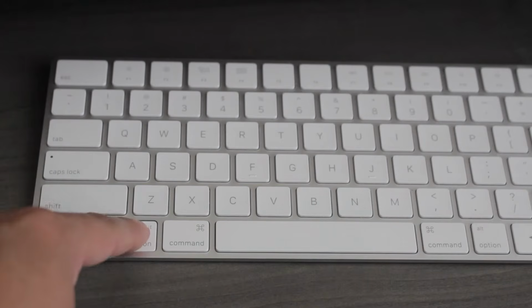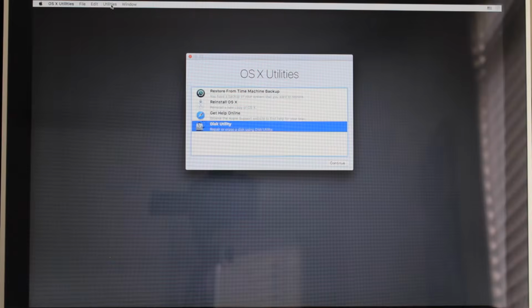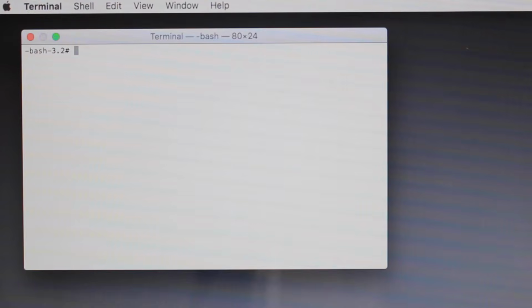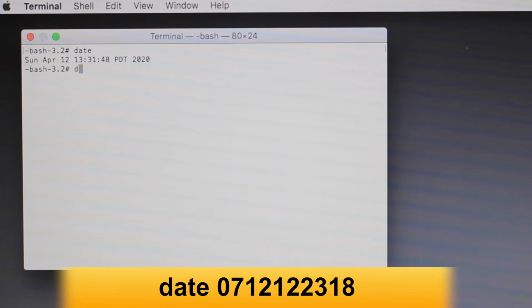If you already turned off the computer, turn it on, press and hold the option, go to System Recovery, click Utilities and Terminal. Here, we're going to type date and click the Enter on your keyboard. Again, type date